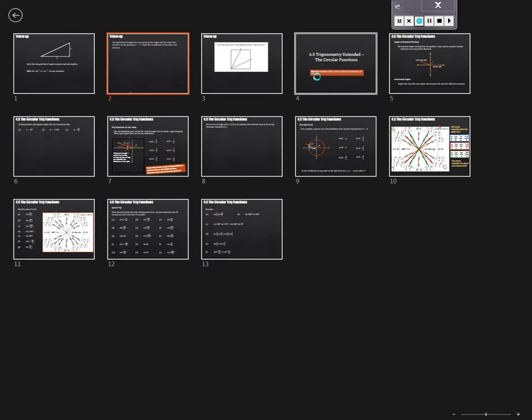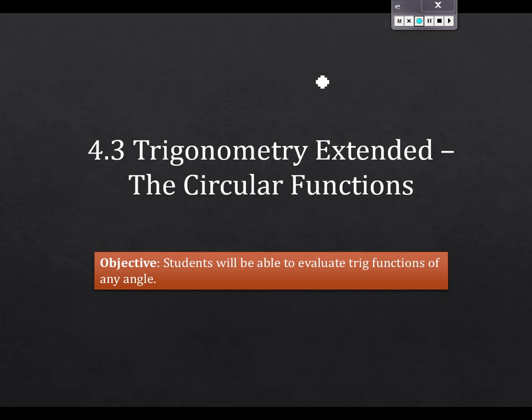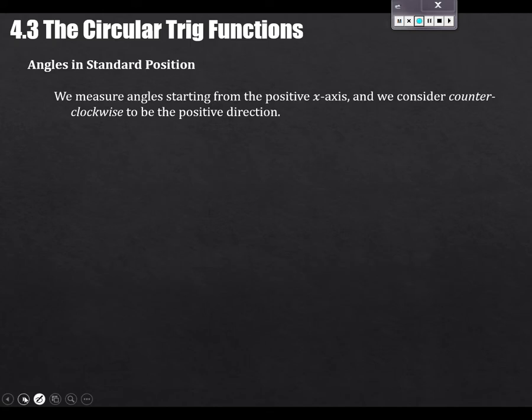We would like to talk about the trig functions again today, but we'd like to extend them so that we can talk about the trig function of any angle. Not just acute angles. Yesterday was acute angles. Today we'd like to talk about the sine of 100 degrees or something, right? But before we can really do that, we need to say a little bit about what it means to have a big angle, right? I think the following things will not be news to you, but we consider an angle